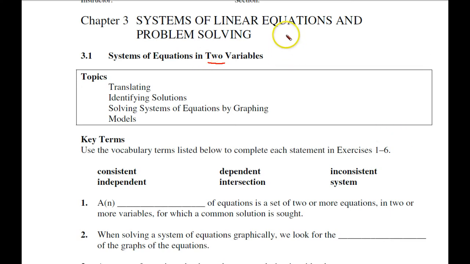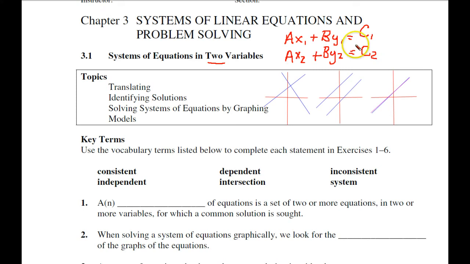And we said if you had an equation in standard form, and you had a second equation, well, let's get the right letter there. Okay, and there's your second equation. Now, as you look at the first, this is in standard form, and you look at the second, this is in standard form. And if you made the graph of the first equation,